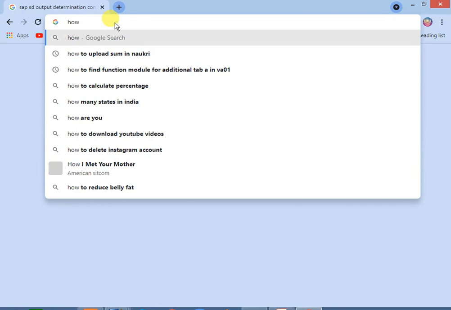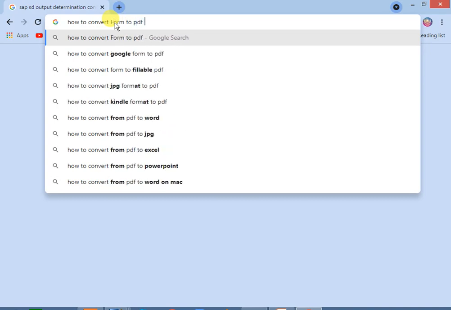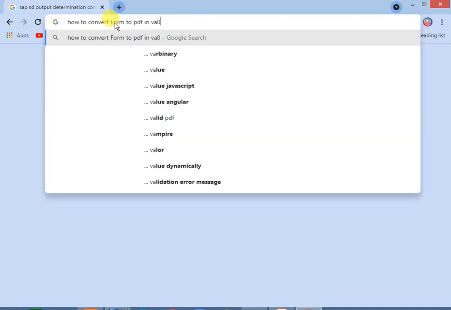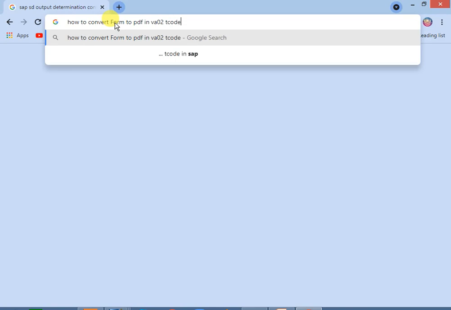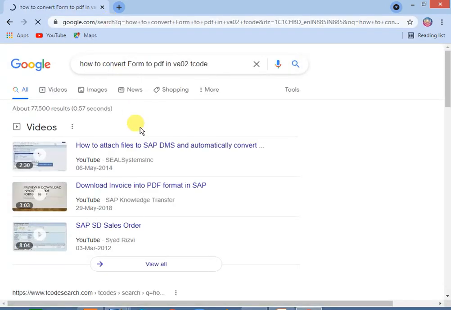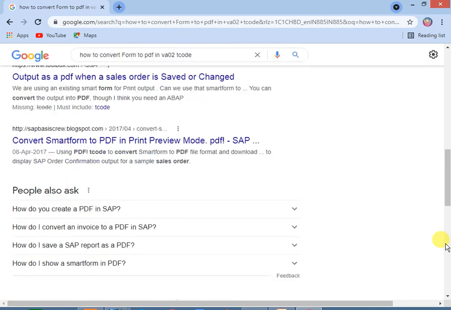How to convert the form to PDF in the VA02 T code: you can maintain it and automatically it will show you. No need to go to Google.